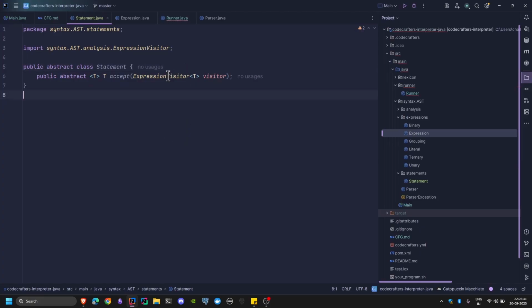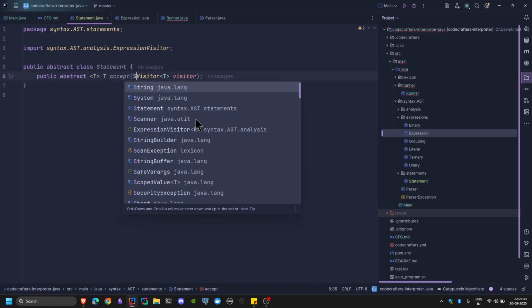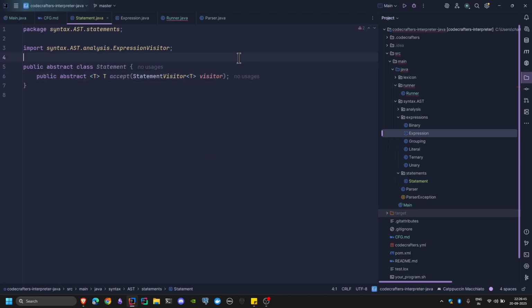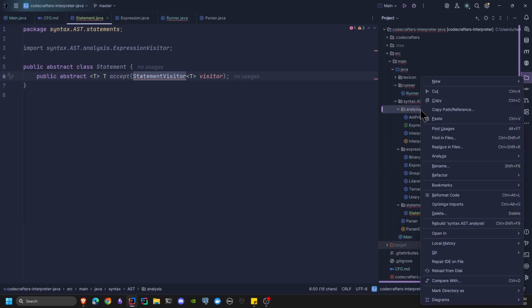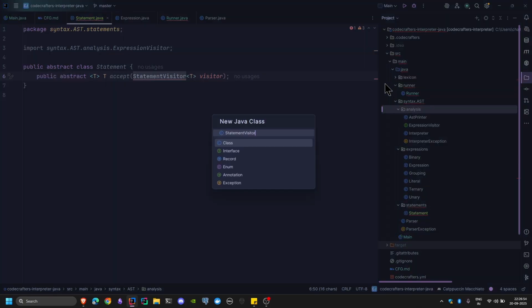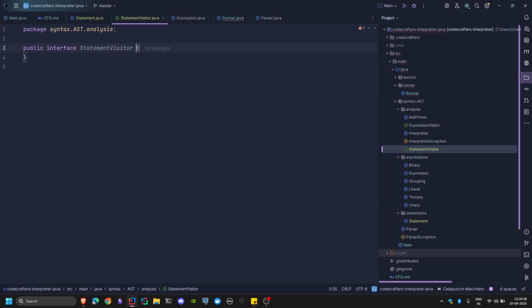And instead of the expression visitor, we'll be using a statement visitor. It doesn't exist right now, so let me create that as well. So I'll create the statement visitor where we have the expression visitor, and it's an interface. So in the statement visitor,